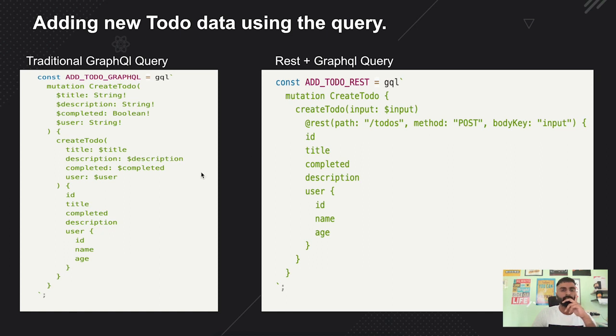Before it was a get call, right? Now it is a post call, so the method is post. Another thing you can see here is a body key, which I'm defining as an input. As we all know in a REST API, we pass a body in the post call, right? We need to do the same thing here. So we are defining the body key name as an input. The body key is nothing but the key name